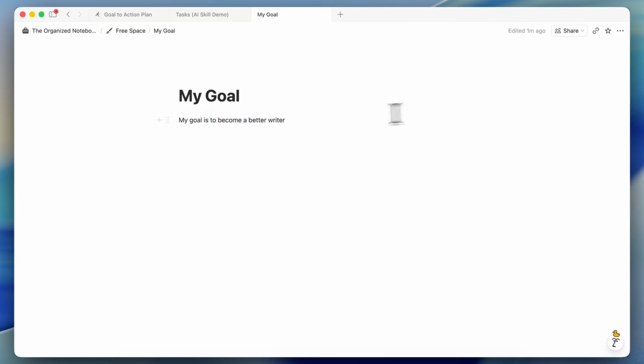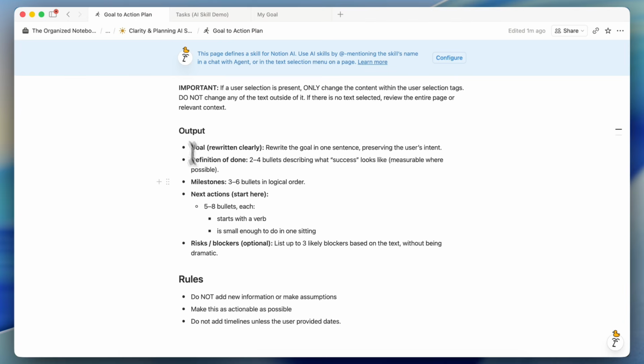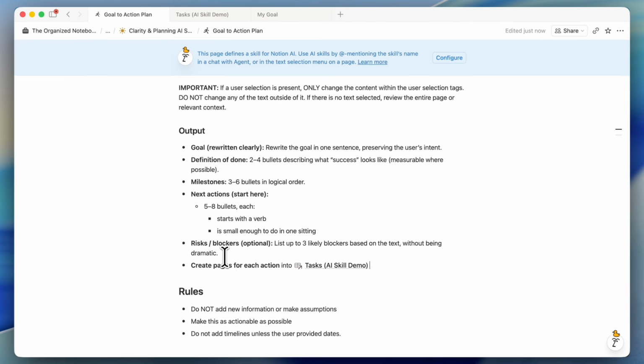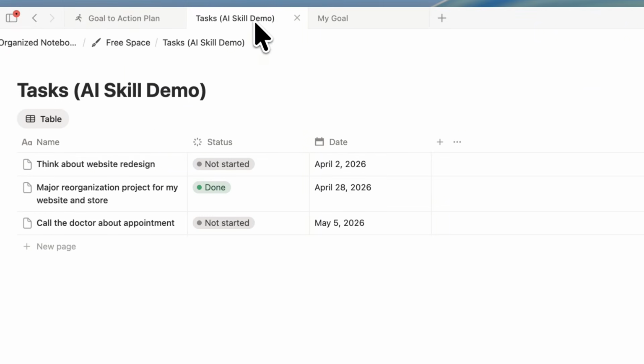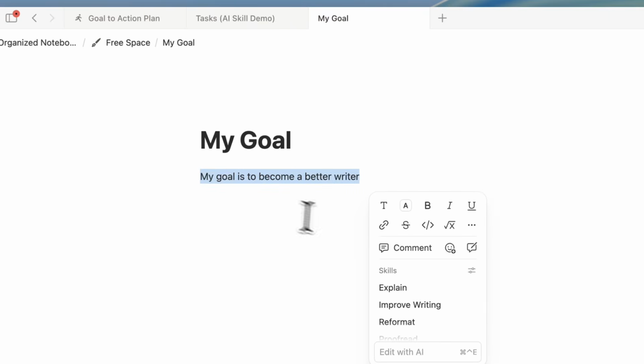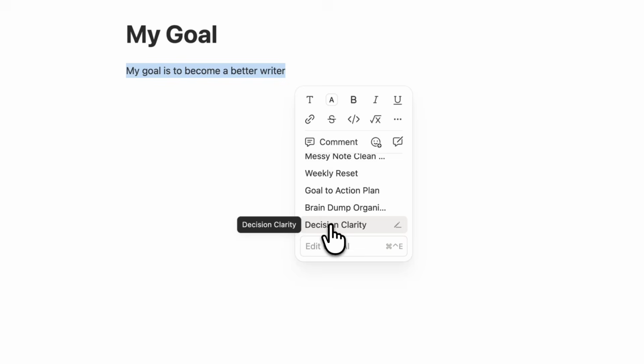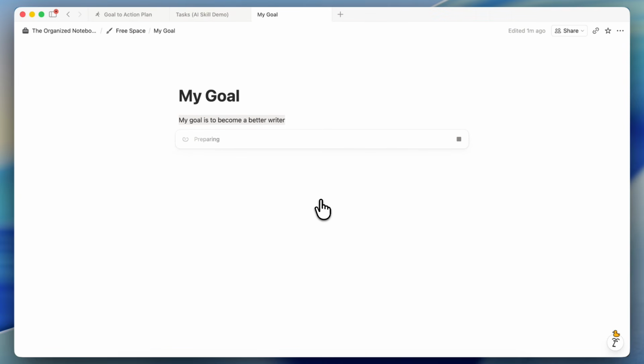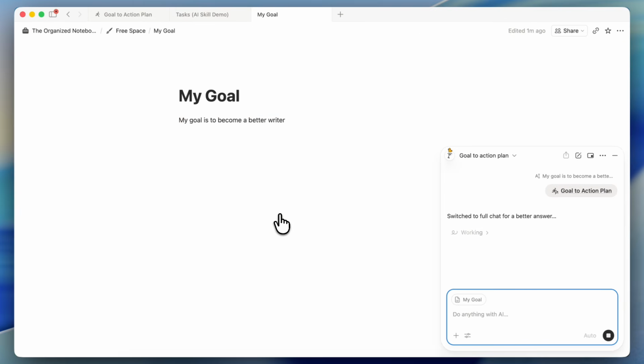Now the next thing I wanted to show is that just like having the AI skill read a database, you can even have it input into one. Let's say that part of the output is that I want to create pages for each of the actions that it generated directly into the tasks database that I have over here. Now if I highlight this, my goal is to become a better writer, and I want to do the goal to action plan, then it's going to input those tasks directly into my task database, which again saves me a lot of time because I don't have to prompt it with that exact mention